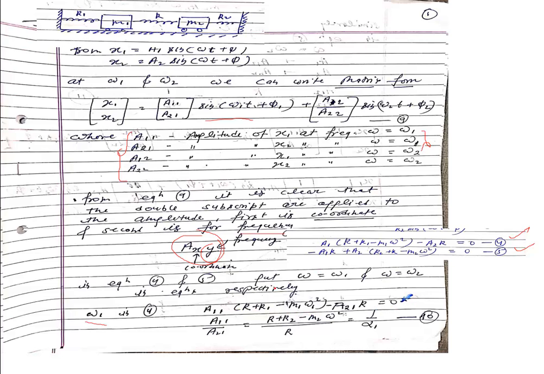So from that we can find the amplitude ratio a11 upon a21, that will be this, and it can be assumed as 1 upon alpha 1, because for simplicity of the equations we can assume 1 upon alpha 1, so that we do not have to write this long term so many times. So we just replace this by 1 upon alpha 1. This equation is 10. We are continuing with the previous parts.